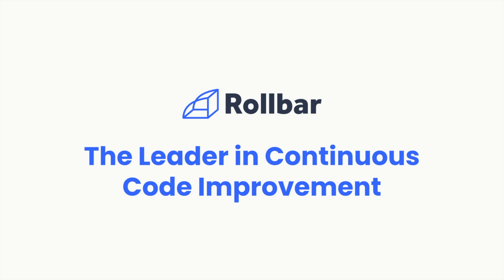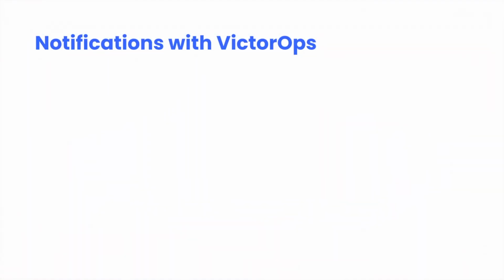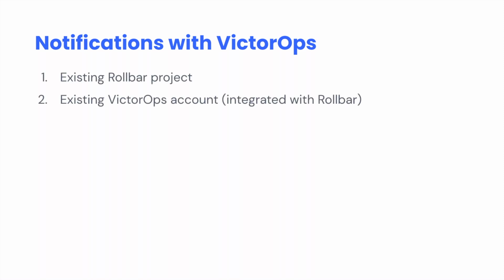In this video, we're going to show you how to integrate an existing Rollbar project with VictorOps. But before we continue, let's make sure we set some assumptions. Number one, that you have an existing Rollbar project that's actually received some errors. And secondly, that you have an account in VictorOps that's been integrated with Rollbar. If your VictorOps account has not been integrated with Rollbar, we're going to show you how to do that here